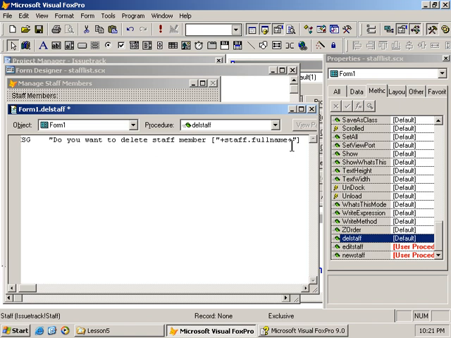So: do you want to delete staff member, and in brackets we'll show their name, and then we put a question mark there. And #DEFINE ID_YES to be